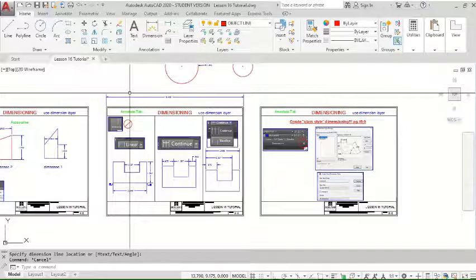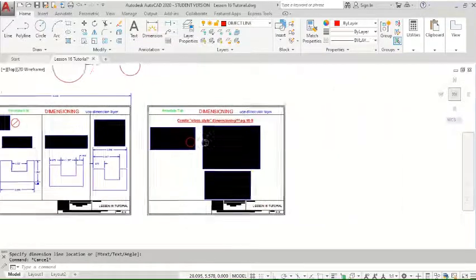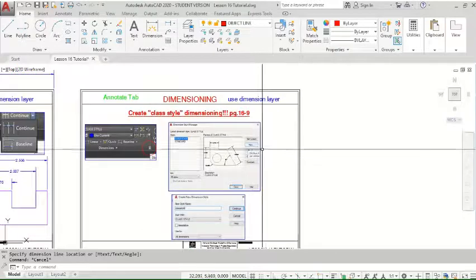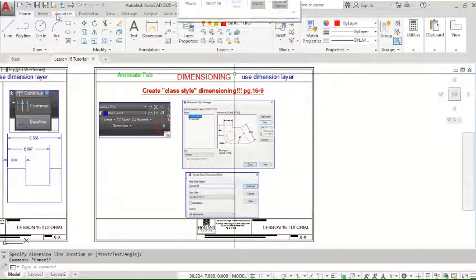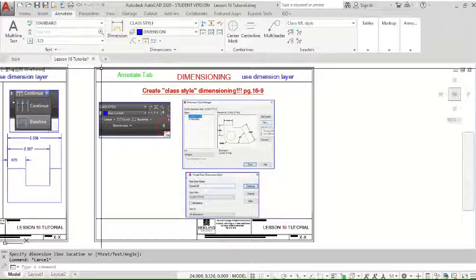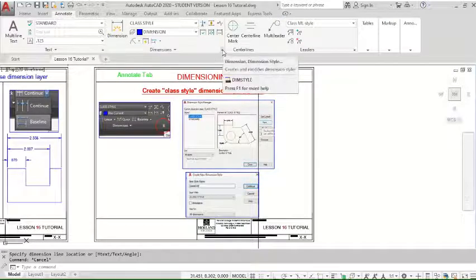The second part of the lesson talks about dimension styles. So under dimension styles, page should be 16-9 in your workbook. I guess it's now 16-8. It's going to get you to create a new dimension style. So to create a new dimension style, you have to go to the Annotate tab, the Dimensions panel, and click